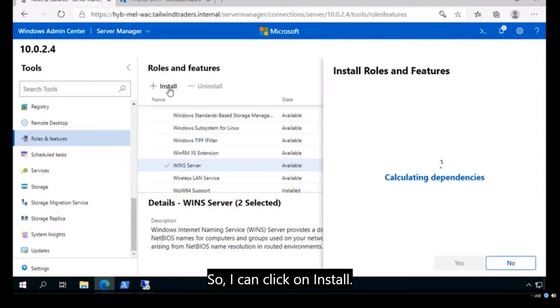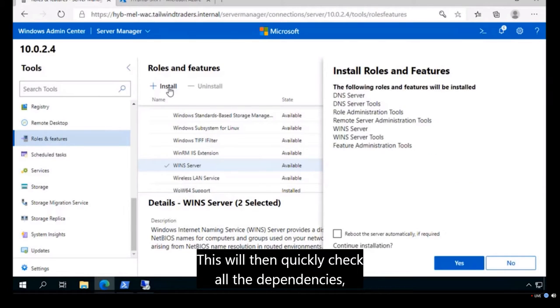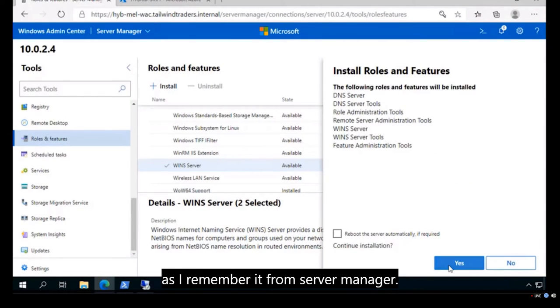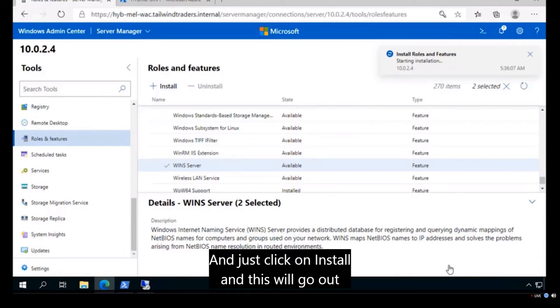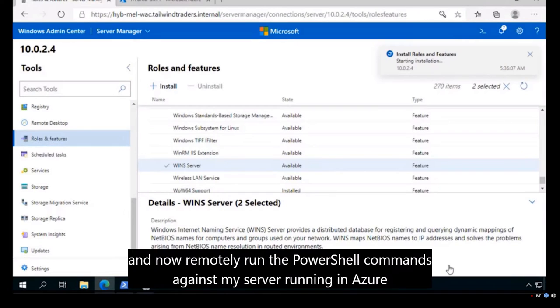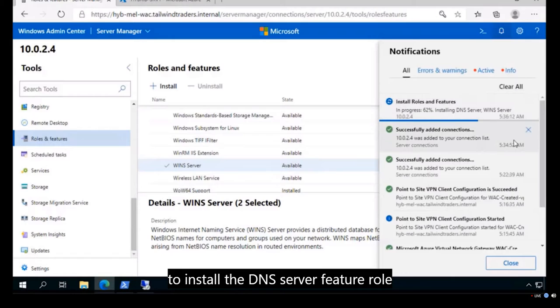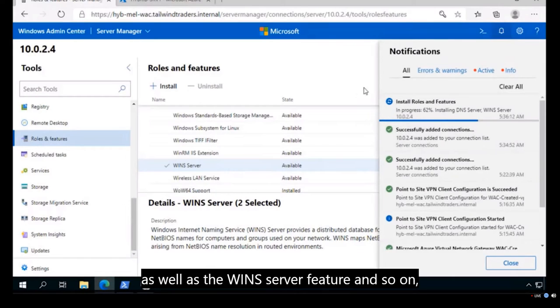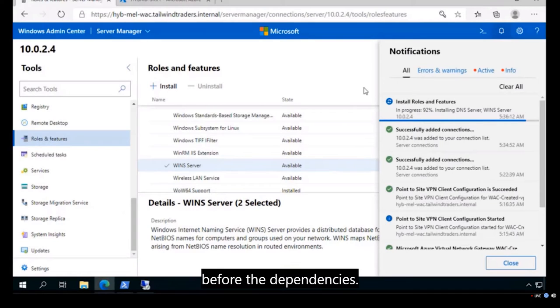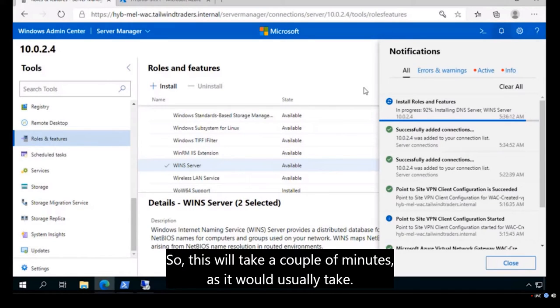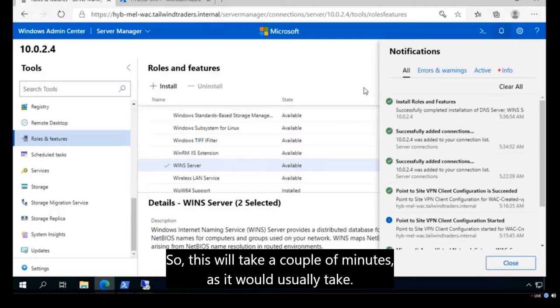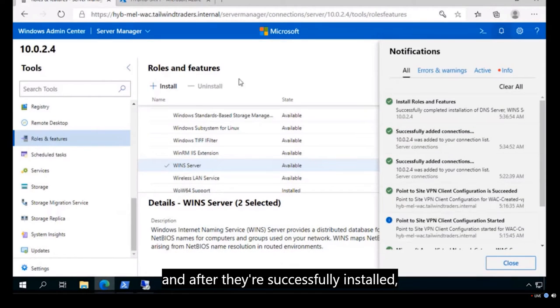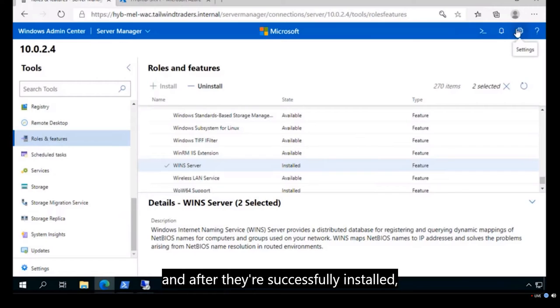So I can click on install. This will then quickly check all the dependencies, as I remember it from Server Manager, and then just click on install. This will go out and now remotely run the PowerShell commands against my server running in Azure to install the DNS server feature role, as well as the WINS server feature and so on, with all the dependencies. So this will take a couple of minutes, as it would usually take. And after they're successfully installed,